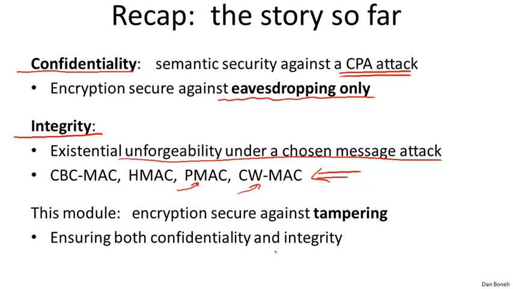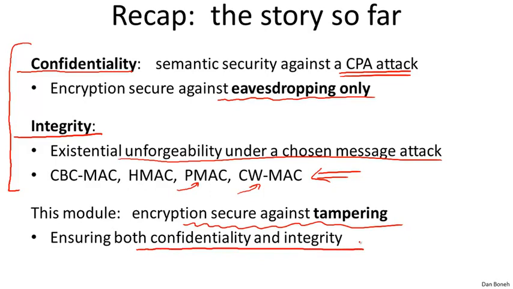In this module, we're going to show how to combine these confidentiality and integrity mechanisms to obtain encryption schemes that are secure against a much, much stronger adversary, namely an adversary that can tamper with traffic while it's in the network, inject its own packets, block certain packets, and so on. Our goal is basically to ensure that even against such powerful adversaries, we maintain confidentiality. In other words, the adversary can't learn what the plaintext is, and the adversary can't even modify the ciphertext and cause the recipient to think that a different plaintext was actually sent.